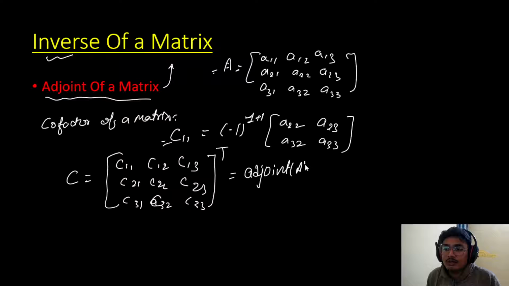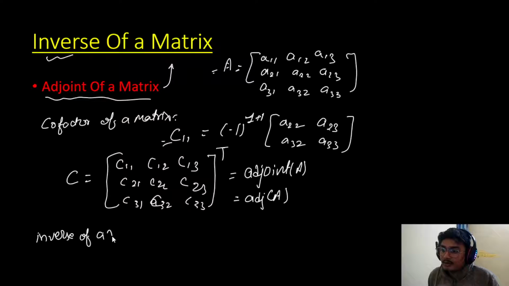Okay, adjoint of A, in short form we will write adj A. Okay, so this is how we find the adjoint of the matrix A. So after finding the adjoint of the matrix A, the inverse of a matrix is nothing but